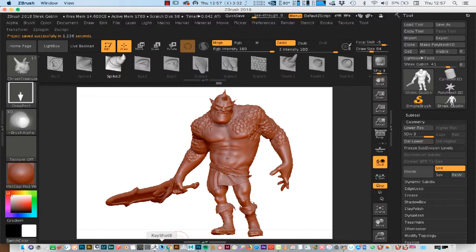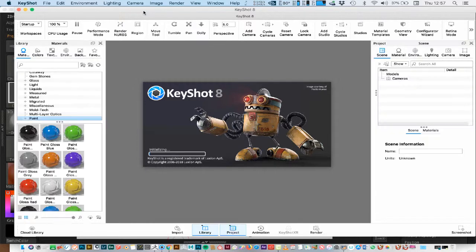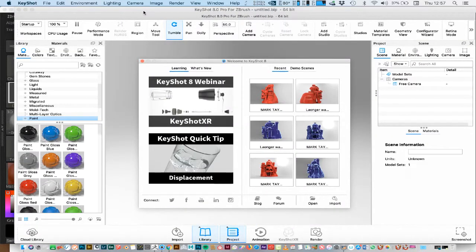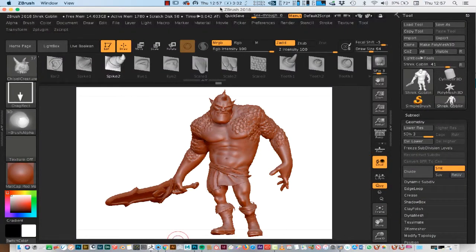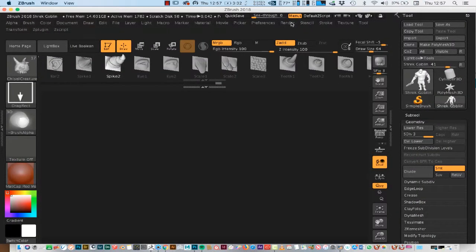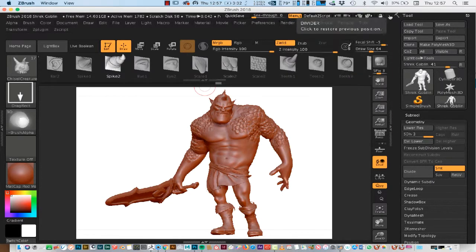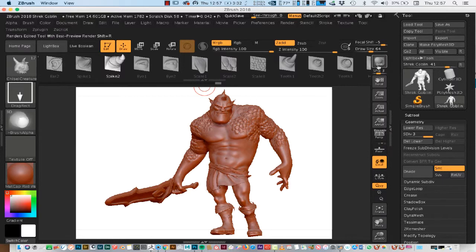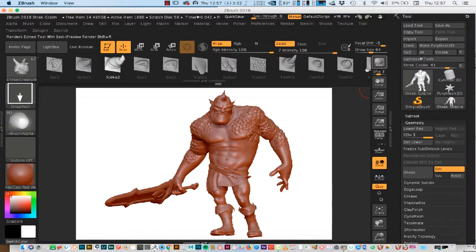With ZBrush, I also have my renderer, which is Keyshot 8, the latest version. Now, Keyshot is about $2,000, but the version of Keyshot that comes just for ZBrush is an add-on, and I think it costs about $400 with ZBrush Bridge. Now, Bridge works like this. I have ZBrush Bridge installed, so if I go to Render, I turn on External Renderer, Keyshot. And now I can go to BPR, which is Best Preview Render, and I press that, and it should send my model directly into